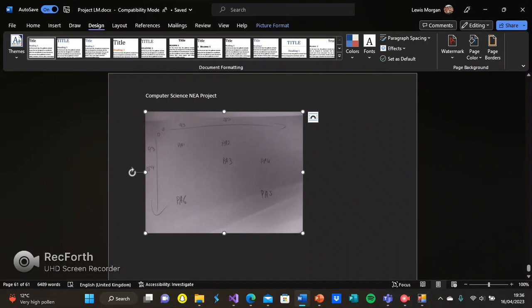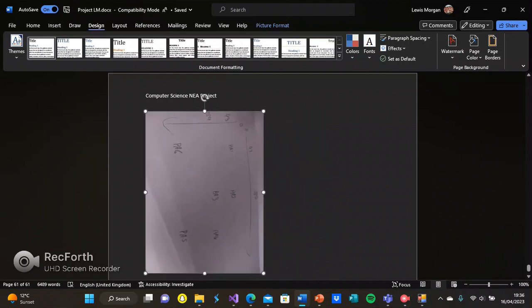When in orientation at the minute, you'll never find the issue. Because to find and create the length of the wall, you take the x position of PA4 and PA3 and you manipulate those to find the distance between them. However, as soon as it's orientated like this,